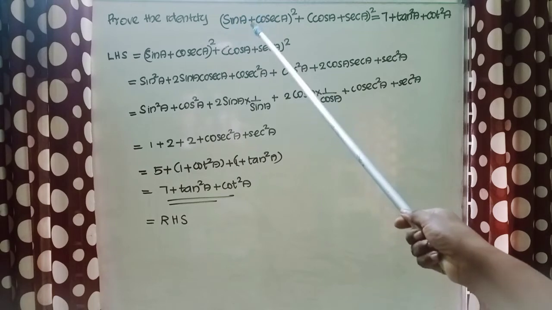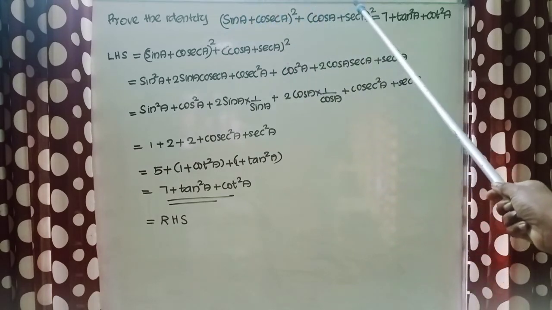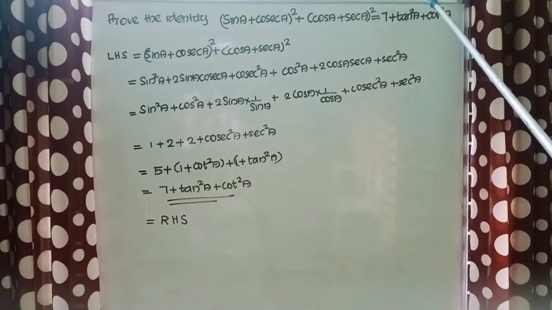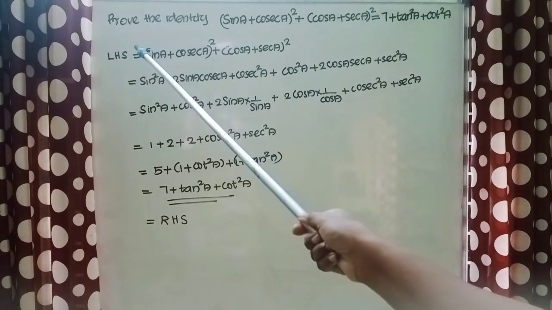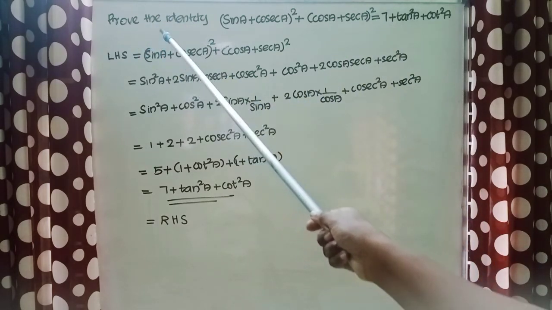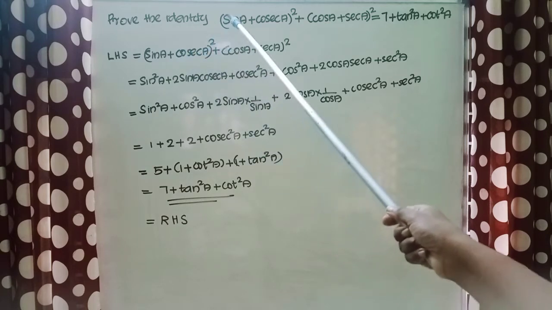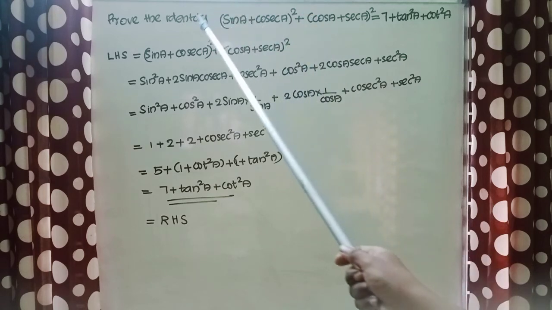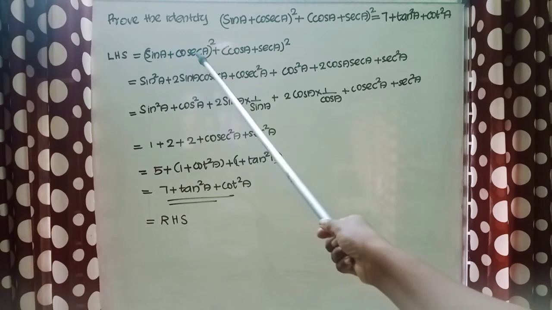Prove (sin A + cosec A) whole square + (cos A + sec A) whole square equals 7 + tan square A + cot square A. So consider the LHS, that is equal to (sin A + cosec A) whole square + (cos A + sec A) whole square. Let us expand it by using the identity (A + B) whole square